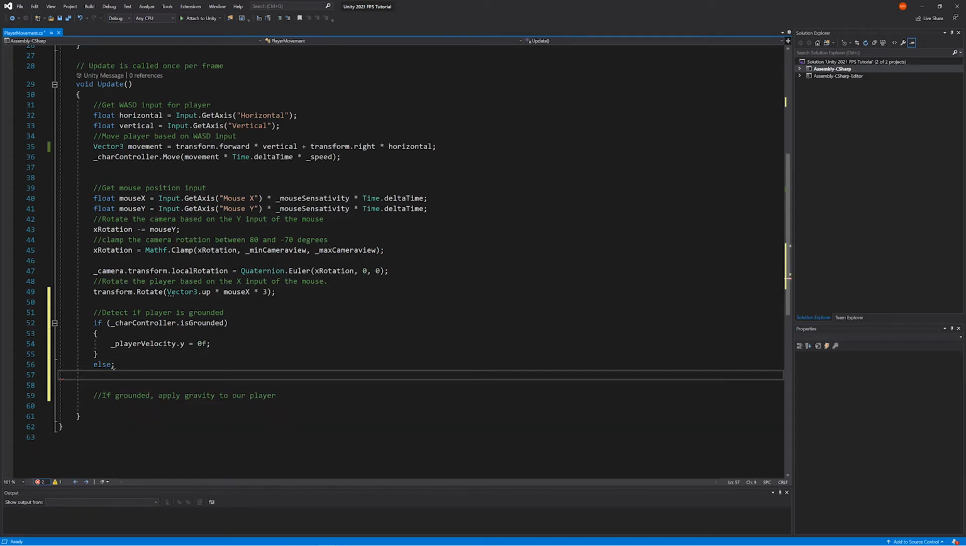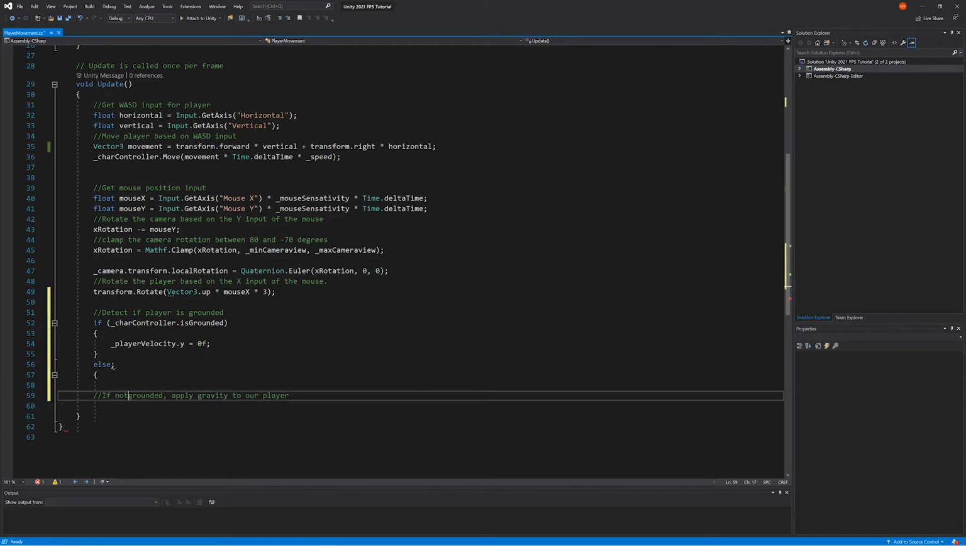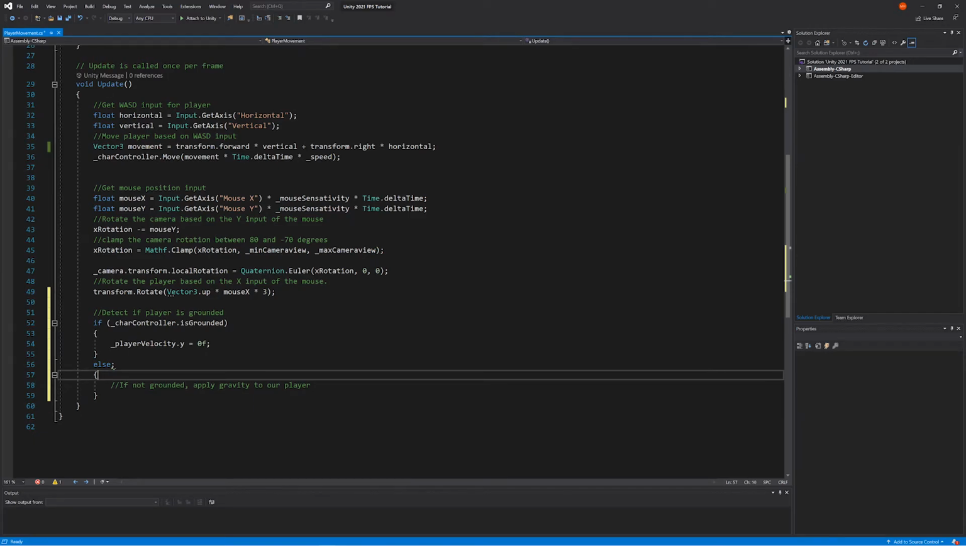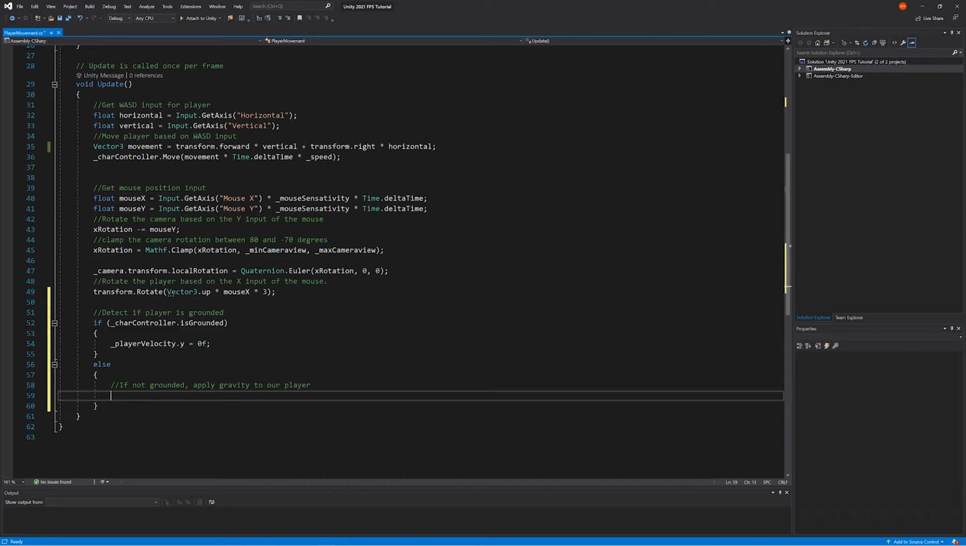Else, and I just realized I wrote that completely wrong. If not grounded, so this is where we can do it. So if it's not grounded, and we don't want that there either, player velocity dot y will equal